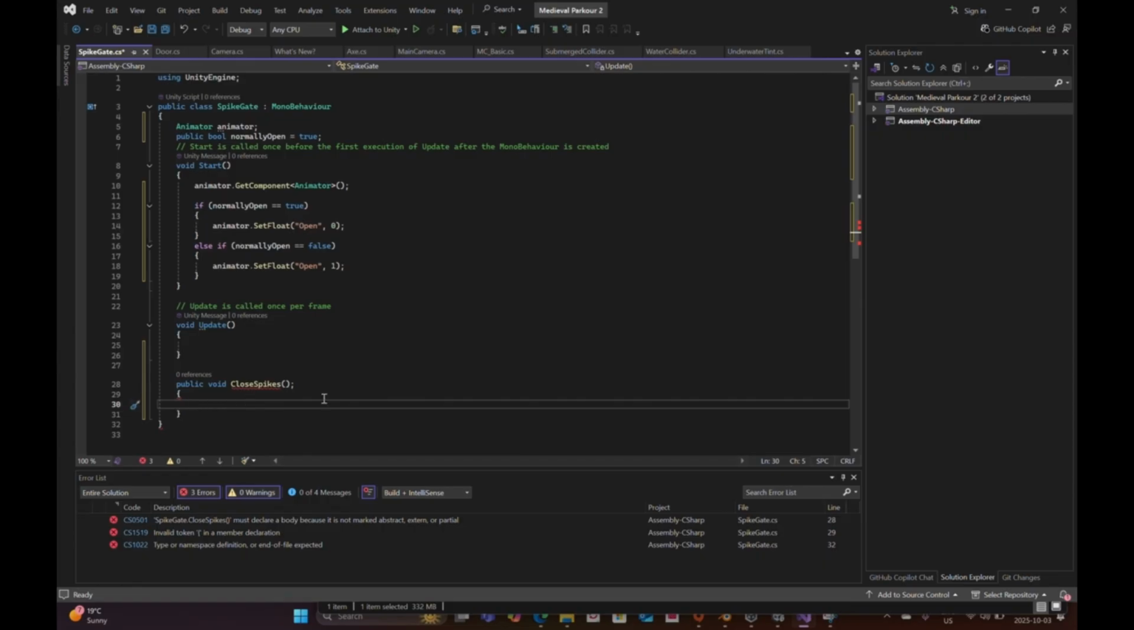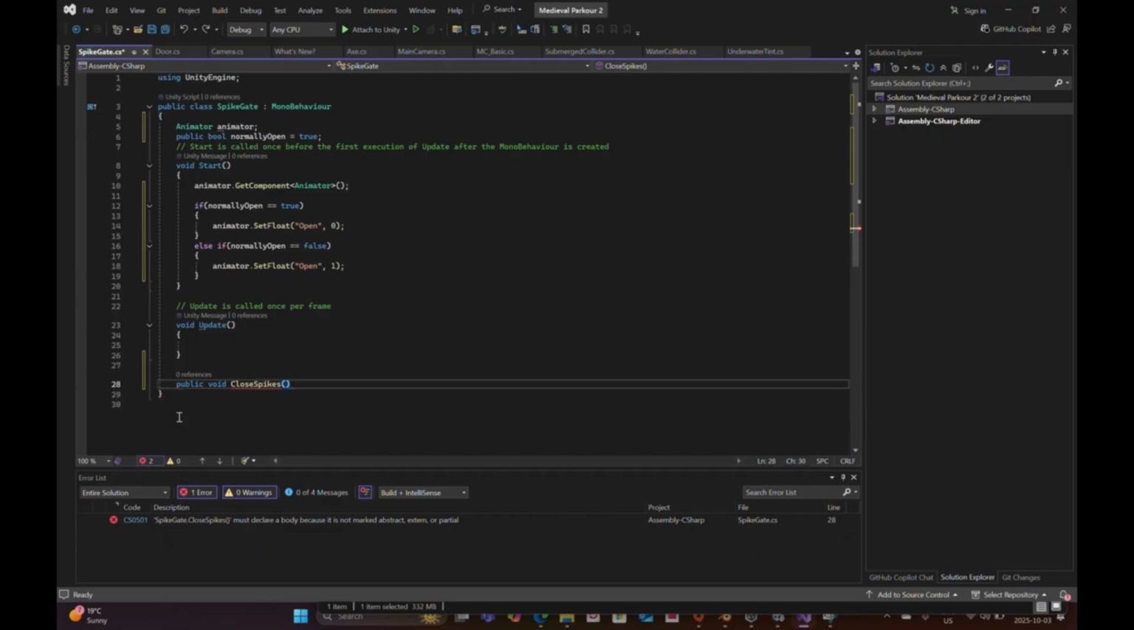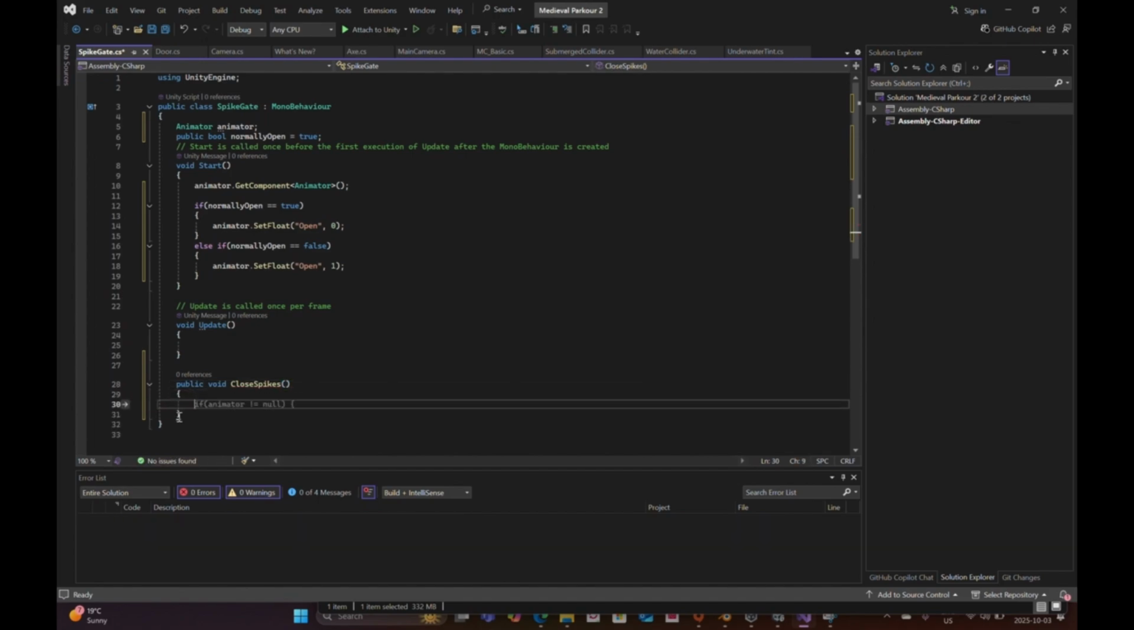And in here, I'm going to put... I don't know why it's doing that. Let me undo this. Oh, there we go. Okay, I shouldn't have put this semicolon. So in here, I'm going to put animator dot set trigger